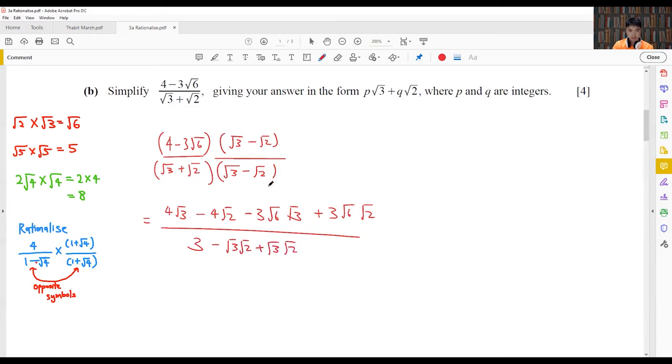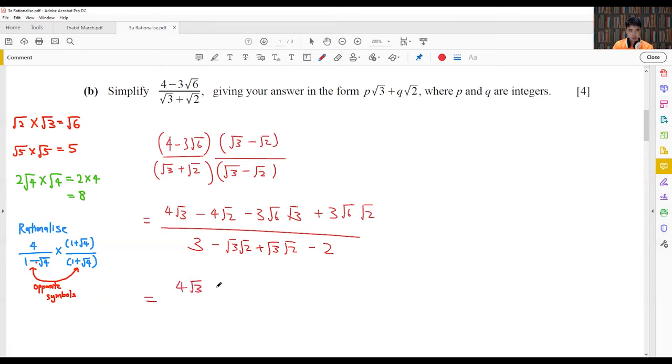And then lastly, this times this, which is just minus 2. Okay, √2 times √2, right? Now you will notice that when rationalizing, the components in the middle will always cancel each other out. So when I simplify this full equation, I would have gotten